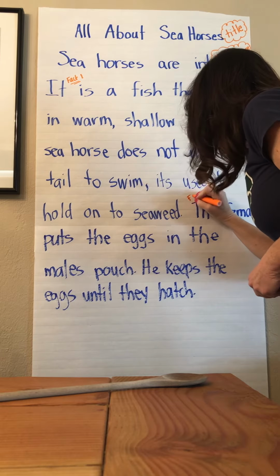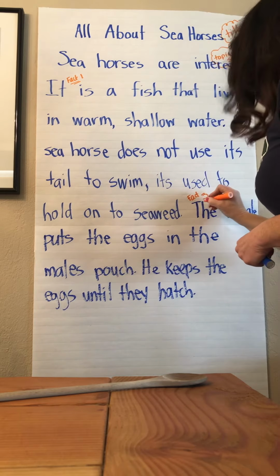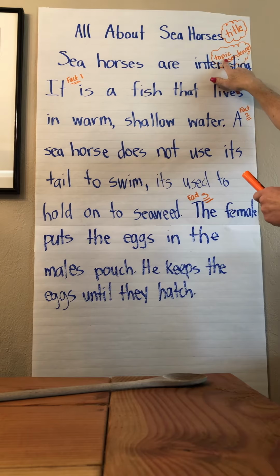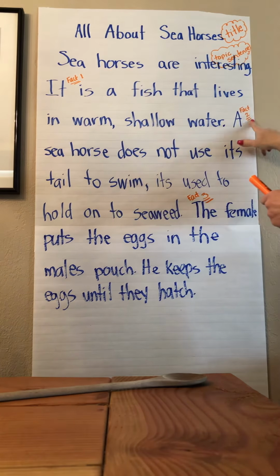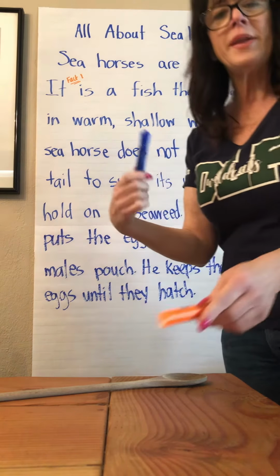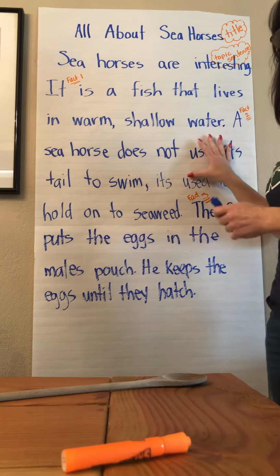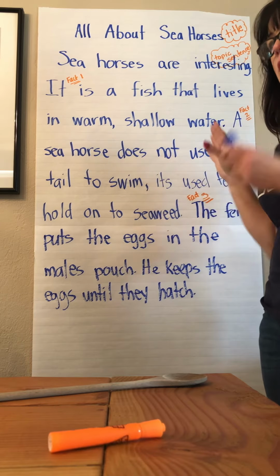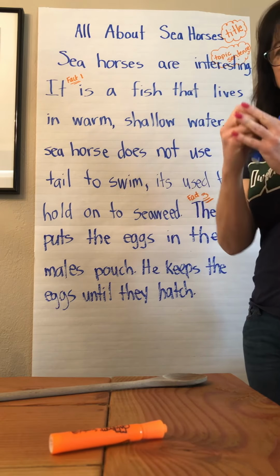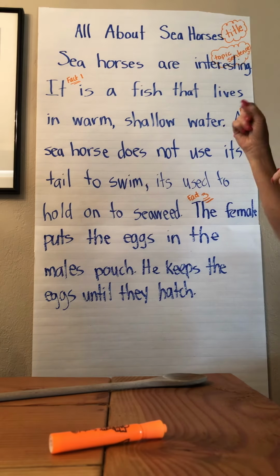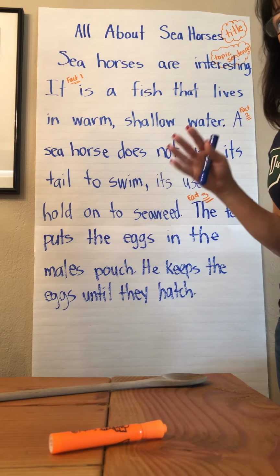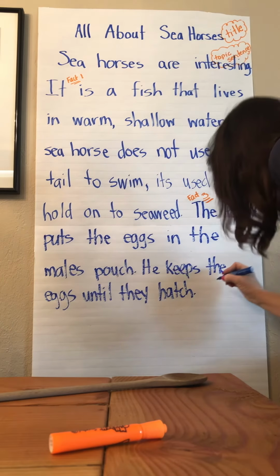So I'm going to write fact 3 right here. So we talked about the title. We talked about the topic sentence. We have fact 1, fact 2, and fact 3. And now we need a conclusion. We need something that kind of wraps up our whole informational writing. So I have to think of something that kind of sums it all up, makes it all come together to finish it so it sounds good. So I think I'm just going to say that seahorses are unusual fish. So I'm going to say a seahorse